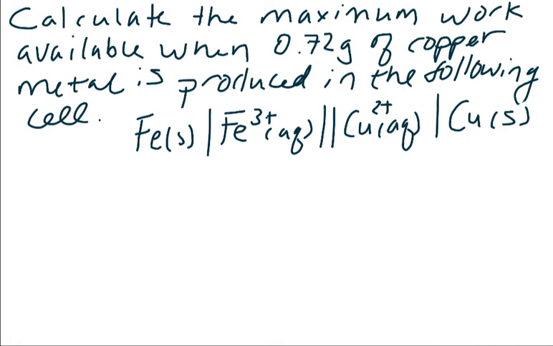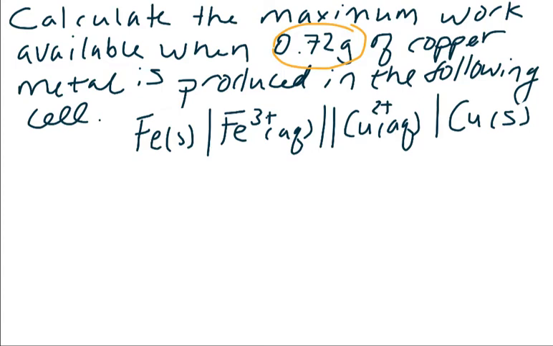Not only can you find the Gibbs free energy or the available work for a general reaction, so the work per mole that's available, but you can actually find out how much work you could get for a particular amount of substance either consumed or produced in a reaction. So this is the same as what we were just doing, except we're going to add on one more step where we have a very specific amount of reagent that's either used or a product that is produced during